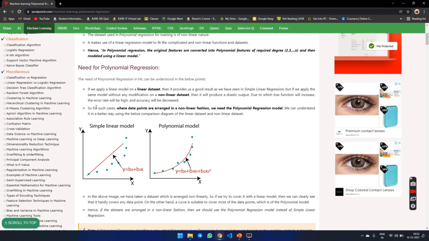We can understand it in a better way using the comparison below of the linear data set and the non-linear data set. This is the difference between the diagrams for the linear model and polynomial model.